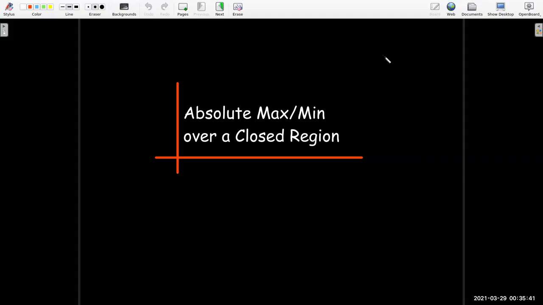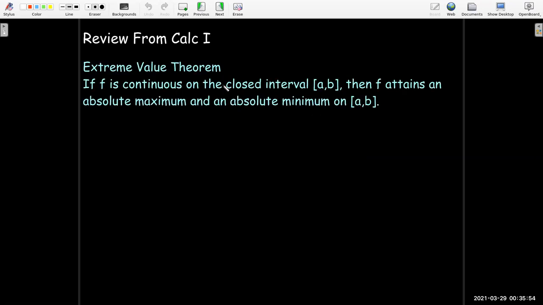In this short video, we're going to work out some examples where we find the absolute maximum and minimum function value over a closed region. So let's start with some review from Calculus 1. In Calculus 1, we found the absolute max and min over a closed interval using the extreme value theorem, which